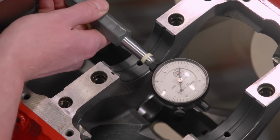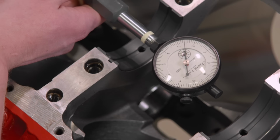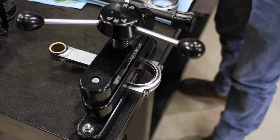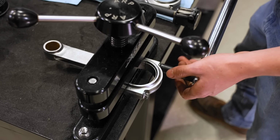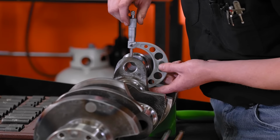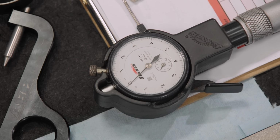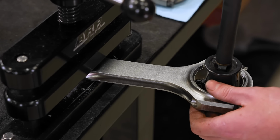The micrometer and dial bore gauge are individually set to each journal for accuracy, and they are all measured between 24 and 26 ten-thousandths. Measuring the rod bearing clearance follows the same process, starting by torquing the rod bearing caps to achieve the proper stretch of 73 to 77 ten-thousandths on the ARP L19 rod bolts. Then we can set the micrometer to the corresponding journal on the crankshaft, use it to zero our dial bore gauge, and take a direct oil clearance measurement for each rod, which are all set between 22 and 23 ten-thousandths